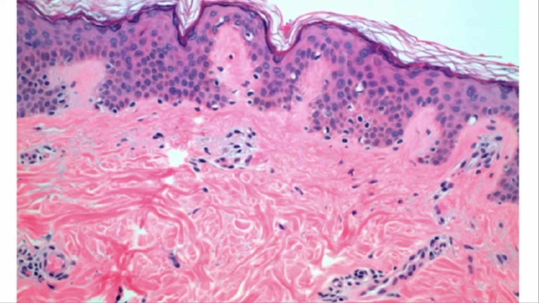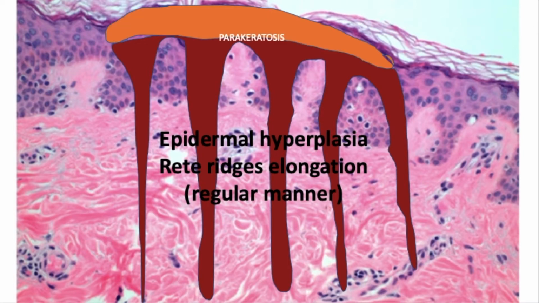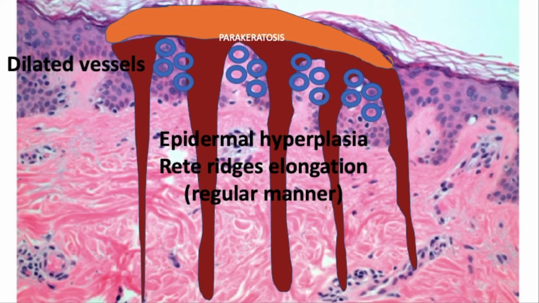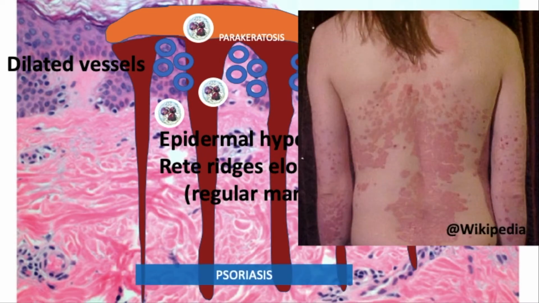When we have regular epidermal hyperplasia, the rete ridges are usually elongated regularly, and we have parakeratosis and dilated blood vessels in the superficial dermis with thin suprapapillary epidermis and neutrophils. We can call this lesion psoriasis, and we will talk about the mechanism a little bit later for why we see these changes. But the clinical picture is unique, and we all are familiar with how these